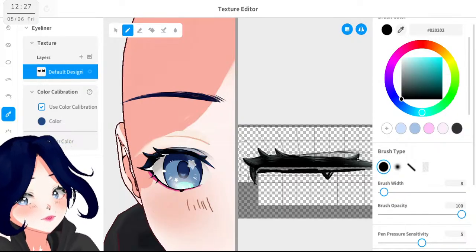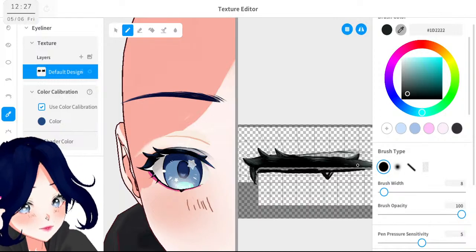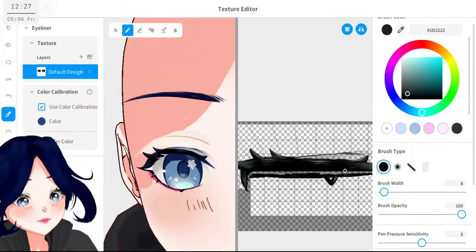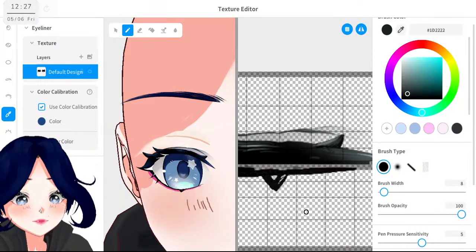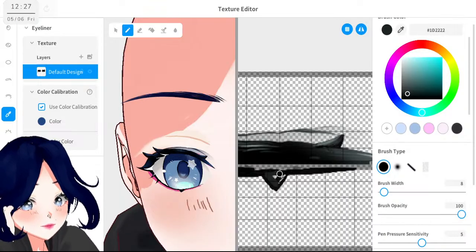Okay, here, and okay, here. I think it's looking really good so far. Here, and this one should be all of this.